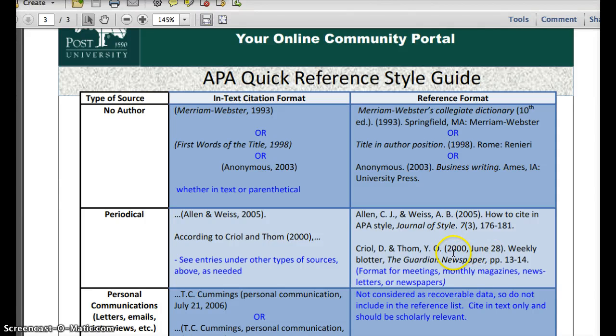For a periodical or a journal, the authors, this is the in-text citation at the end of the sentence, typically, or in the beginning using according to, and there are other ways as well, but these are the basic two. So Alan with an ampersand, Weiss, not A&D. And for the